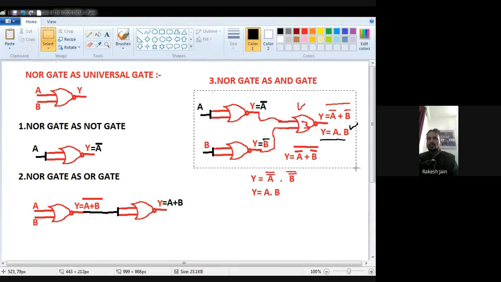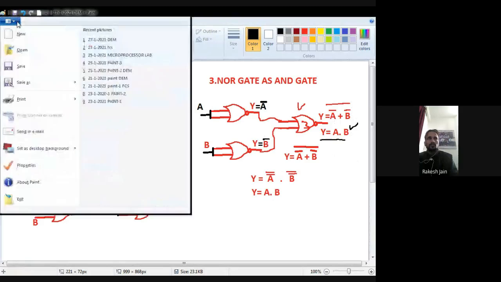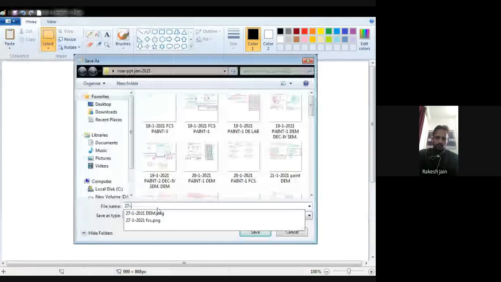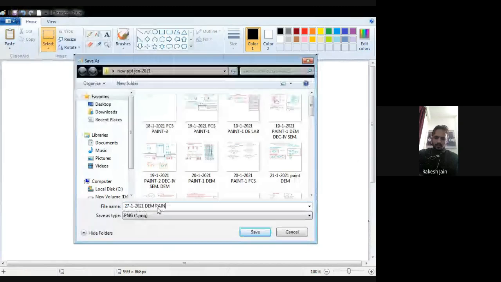Okay, now I just save this file, and in the next page, because this circuitry will be in our use, okay, I just copy this one. Now see, kindly wait.